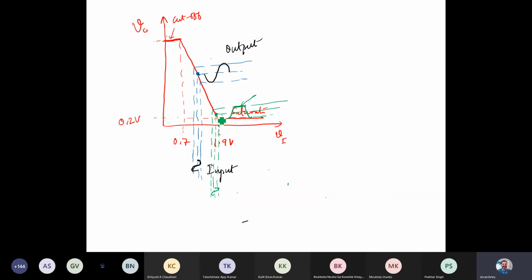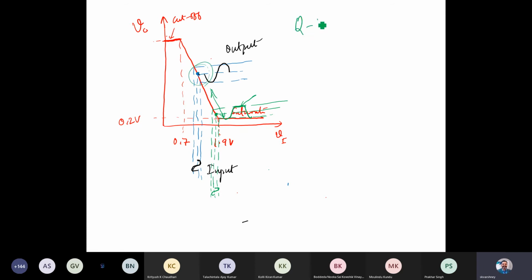So it means you are moving the Q point somewhere onto this line, and somehow the BJT is entering into saturation mode, and then you start having saturation. So if we have given a signal which is to be amplified as a voice signal, it may not be amplified in a correct way, right? So there is going to be distortion in the output signal. So one has to be very careful that the Q point should be suitably located.